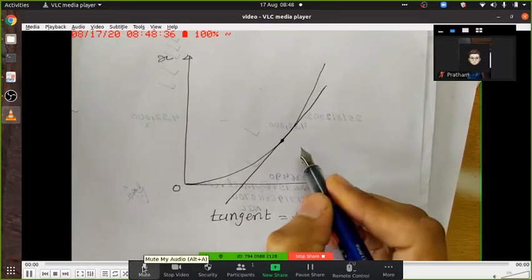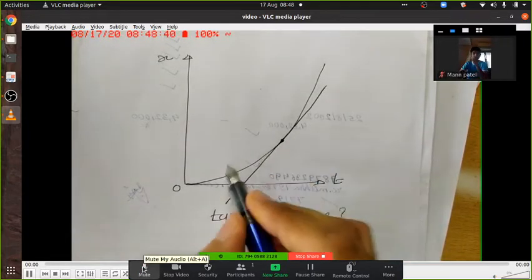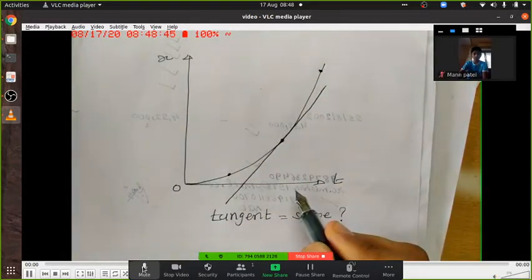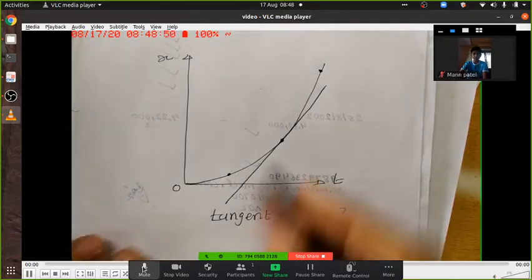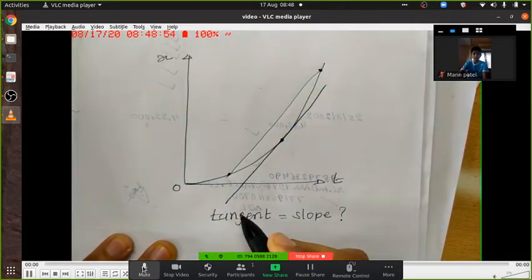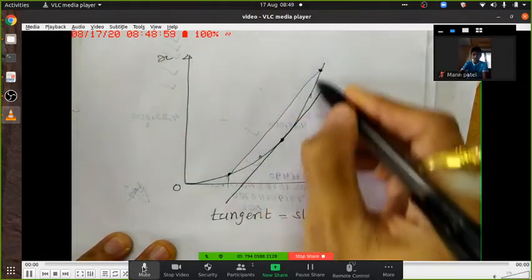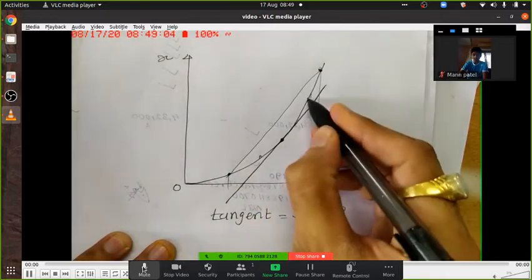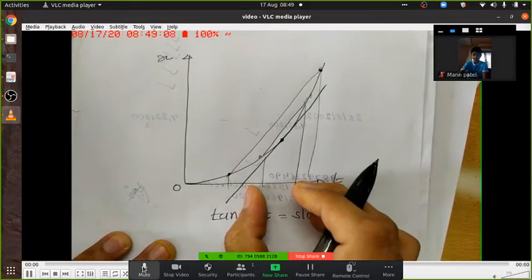Okay. But how will you draw this slope? You need to have 2 points, so you have to select 2 points on the graph. Now if I connect like this, this is not the real slope. If I select 2 points closer by, now this was a long duration of time. Okay, I selected these 2 points, which are closer. Time interval is made smaller. So I'll get this graph.